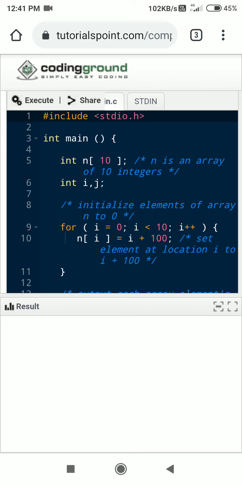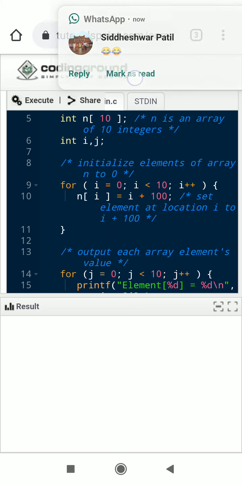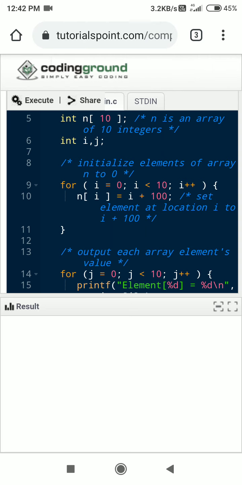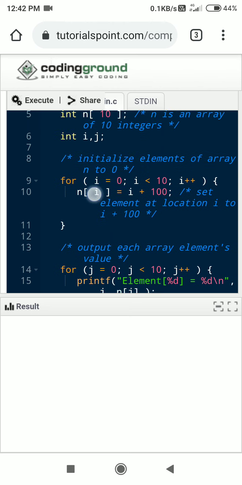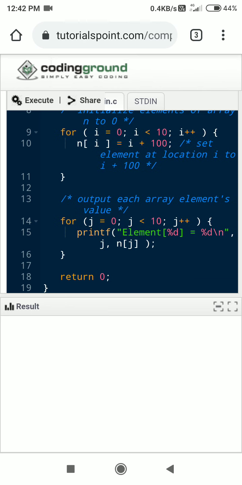What things are created? These are what you can call comments. We are creating an array of integers of 10 elements, and we have created two integer variables i and j. For i from 0 to 10, i plus plus, we are incrementing the value of i, and we are storing the value of i plus 100, and we are printing all those things.